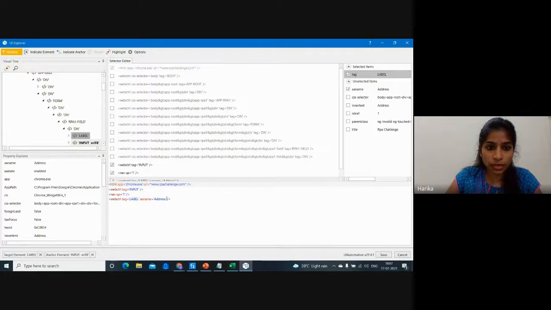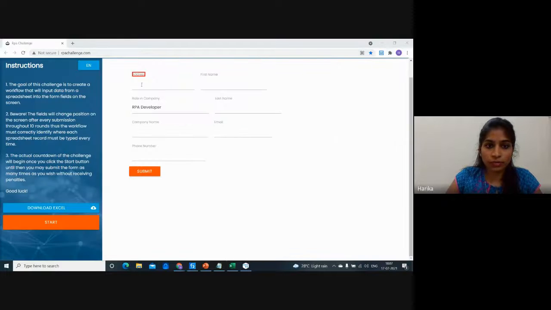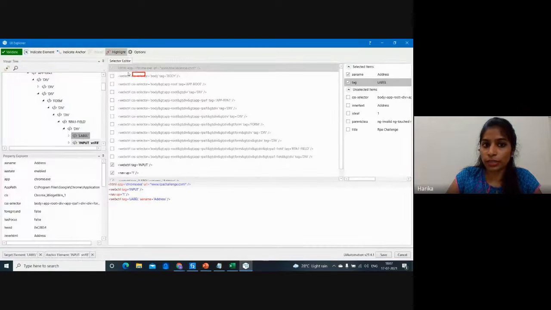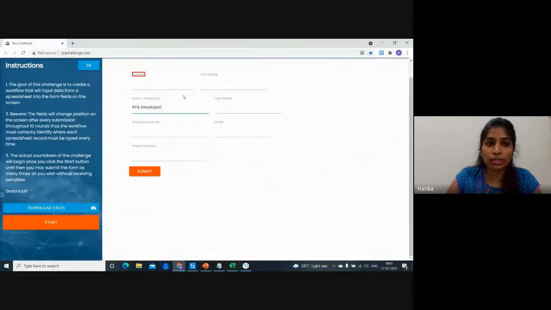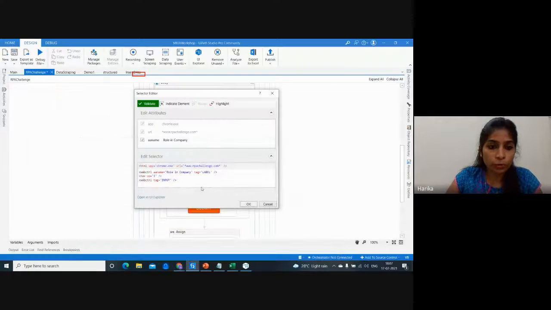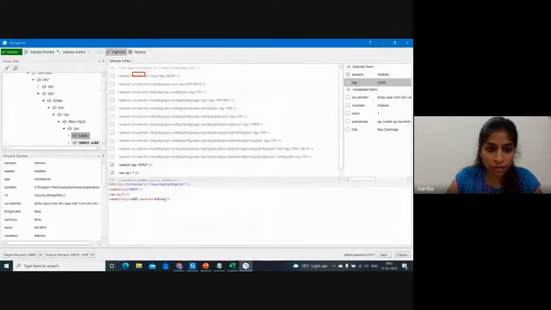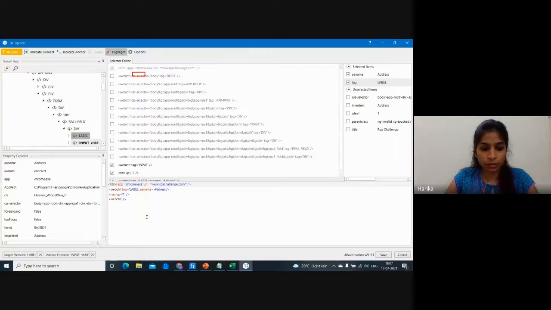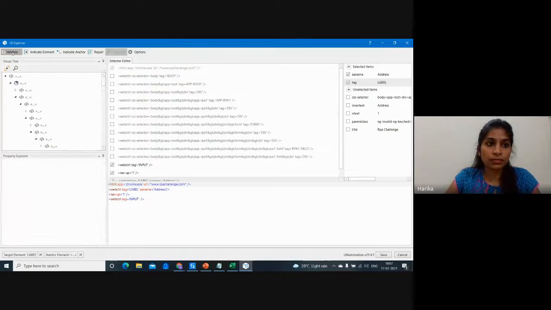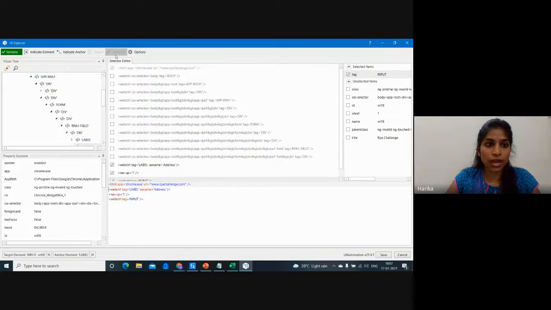In this way, I'm going to take this particular value in a reverse way. But if you see, it has got over address, but I want the data to be entered into the text field. So a smart way is that we can change this part from here to here, because the elements are not getting highlighted by Explorer. Then just highlight and check if you are getting the correct values.